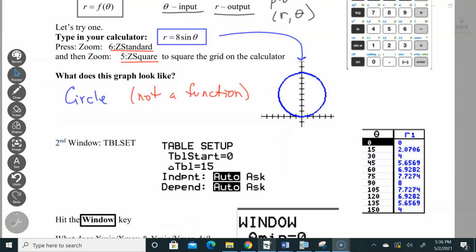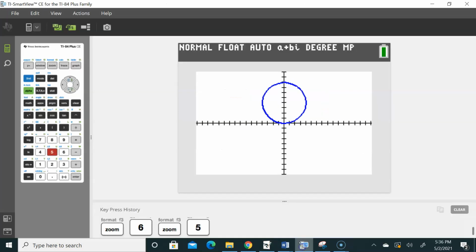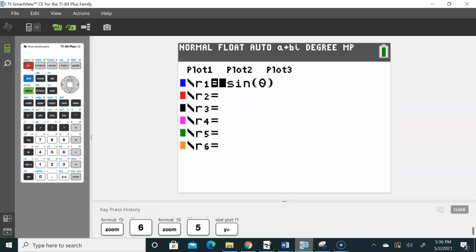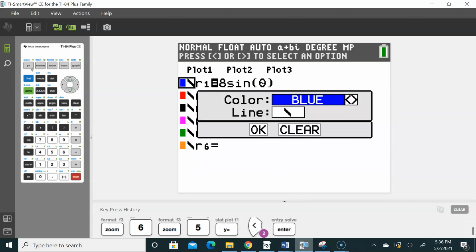So we're finally drawing a graph that is no longer a function. This is a circle. So I'm going to go back to the calculator and show you how you can slow some things down a little bit. Go back to my y equals, and if you come over here to the far left and you hit enter, you can change the color if you want. I'm going to keep it blue, but